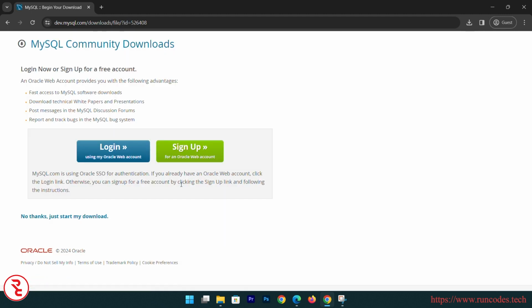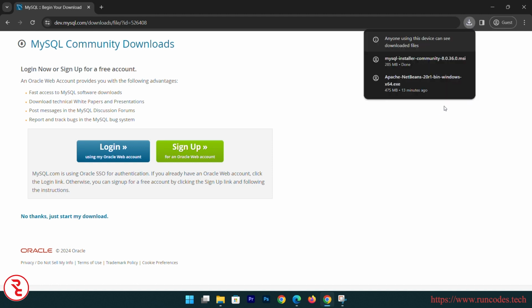Click download. After clicking download, it will display this login sign up. We don't need a sign up, so no thanks. Just my download, and then save. It will take some time depending upon your internet speed. After downloading, just run that file